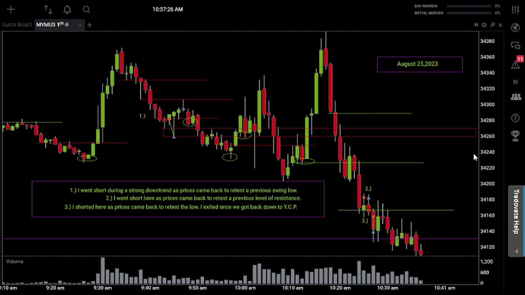First and foremost, before we even talk about the important levels, let's talk about the type of market environment we were trading in today. Coming into today, yesterday was very interesting because volatility was off the charts on Wednesday and Thursday. Then today we had the consumer sentiment report come out at 10 o'clock, as well as Federal Reserve Chair Jerome Powell speaking at 10:05. So when you add that in combination to what's already been going on this week, it's no surprise that we should expect a lot of volatility.